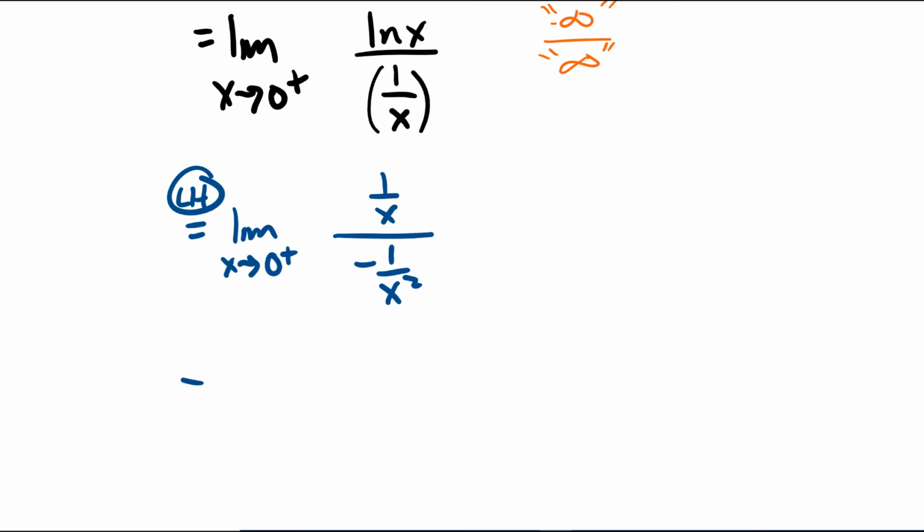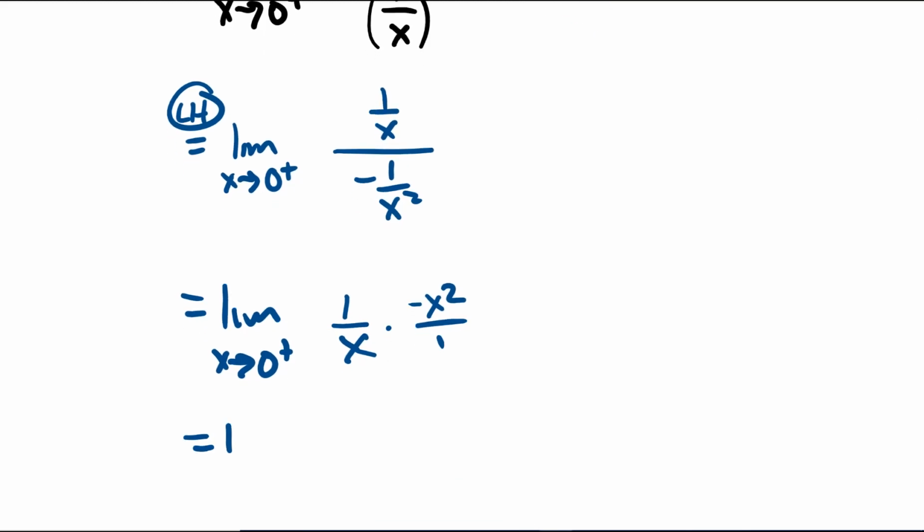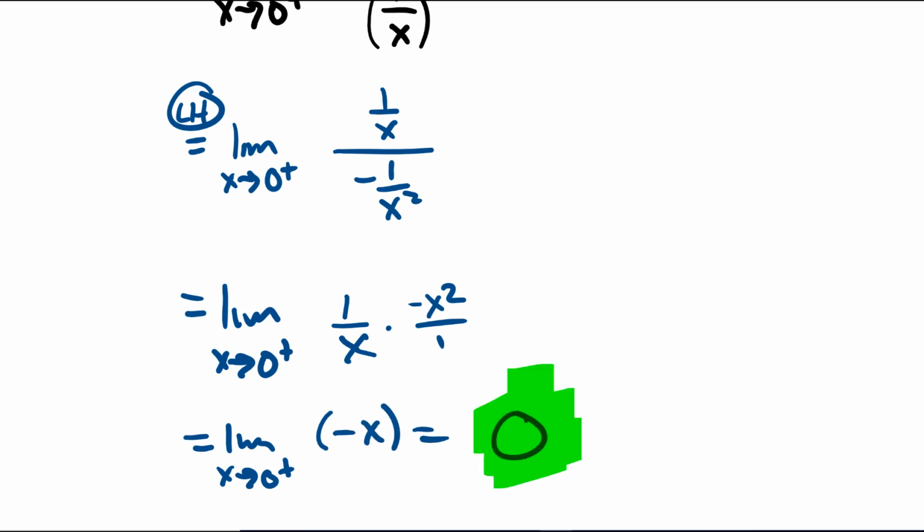I'm going to make a little promise. You are not going to see 0 when you play this game on your test. You're going to get 1 over x times, we flip it up on the other side, negative x squared over 1. This turns out to be the limit as x tends towards 0 from the positive side of just negative x. You put it in, the answer is 0. Uh-oh. I give you my word, when I give you your test, you're not going to have stuff that just pops out to be 0